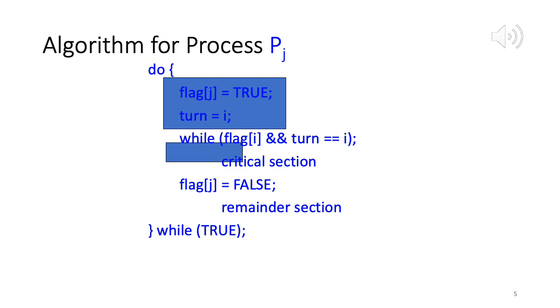So there again the rate at which they are executing statements can vary. If both are executing at the same time, perhaps PI is going faster. It's executing, let's say, 2 lines of code per unit time. PJ is executing only 1 line of code per unit time. So we can make no guarantee about the rate of execution or speed of execution for various processes. Both may be fast, one may be slow, one may be fast, both may be slow. Alright. So our solution has to hold for all the cases.